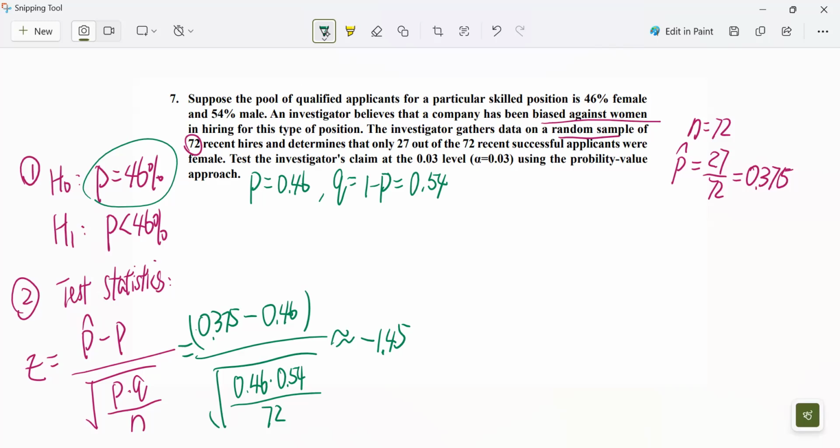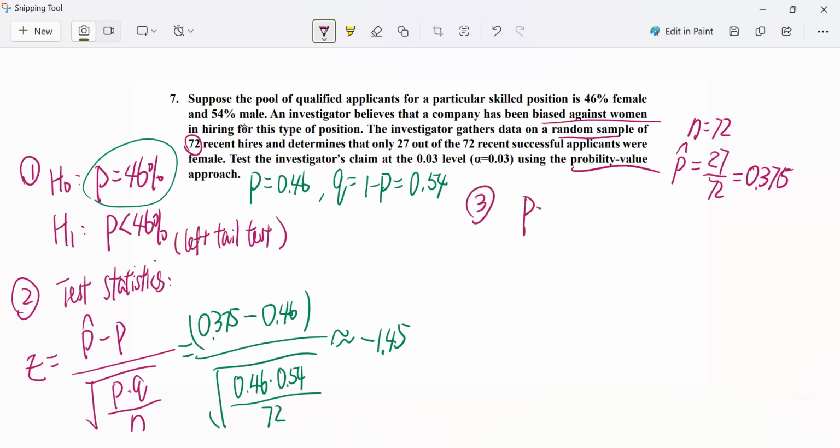A quick assessment is if the z-score is between -2 and 2, that's usually considered a normal range. That means this is a pretty usual outcome, right? It happens all the time. Basically, we fail to reject H0. But here, they want us to use the p-value method, so we also need to find the p-value. Based on the alternative hypothesis, we know this is a left tail test. The p-value is concentrated on the left tail.